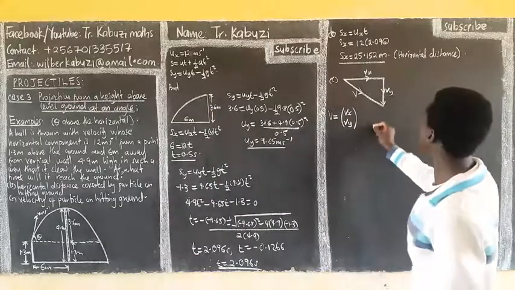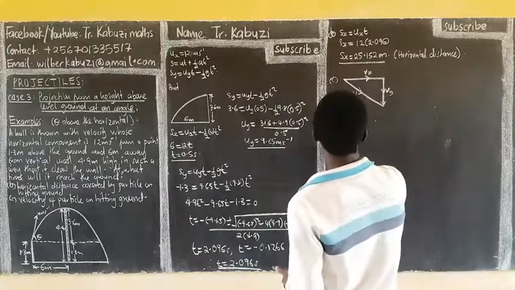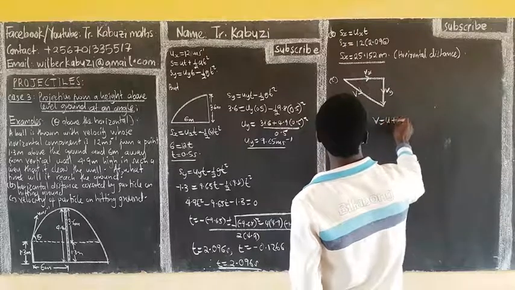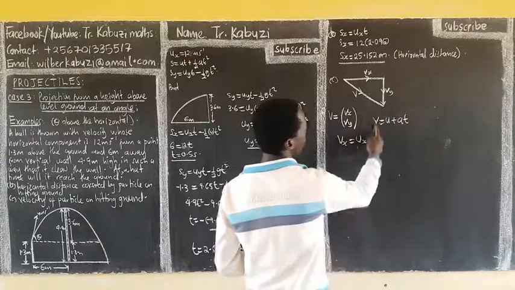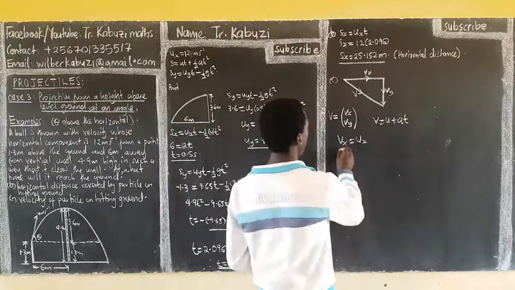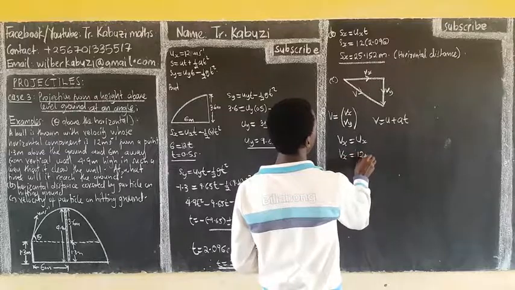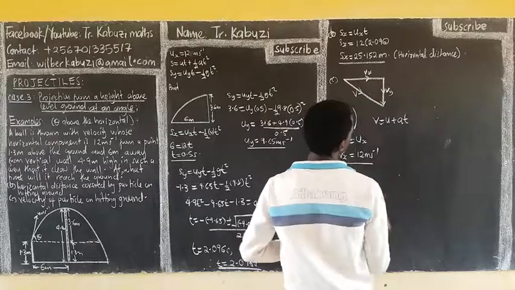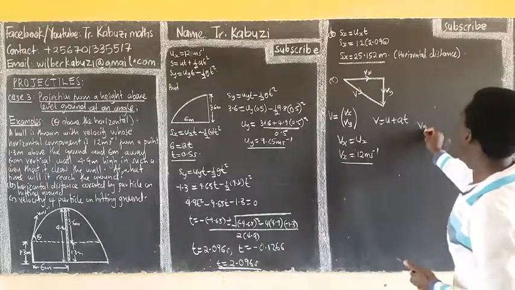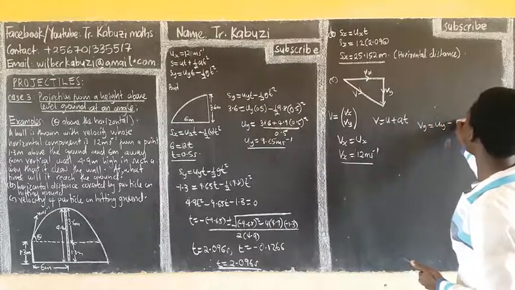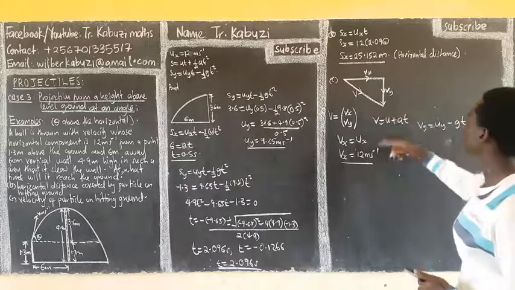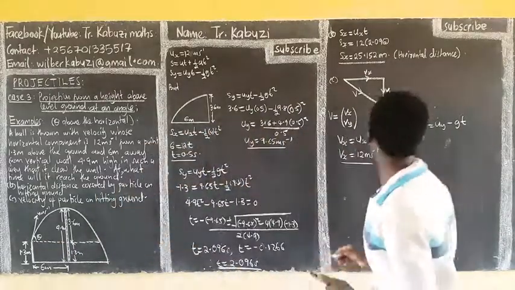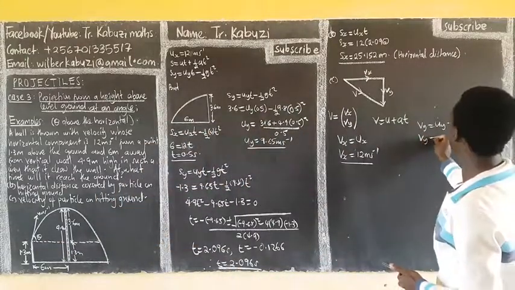Remember our Vx is given by ux, using the formula v equals u plus at. So if you want Vx, the acceleration in the horizontal component is going to be 0. So our Vx here is going to be 12 meters per second because our ux is there. Then after getting this, we come and get our Vy. Our Vy will be uy minus gt, because acceleration downwards is going to be negative. Why? Because it was initially projected upwards. So our Vy is going to be uy